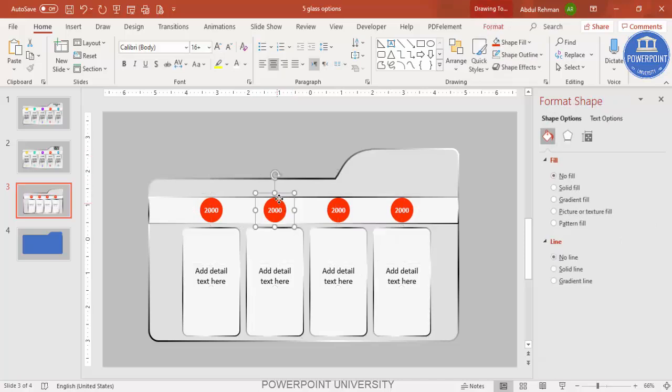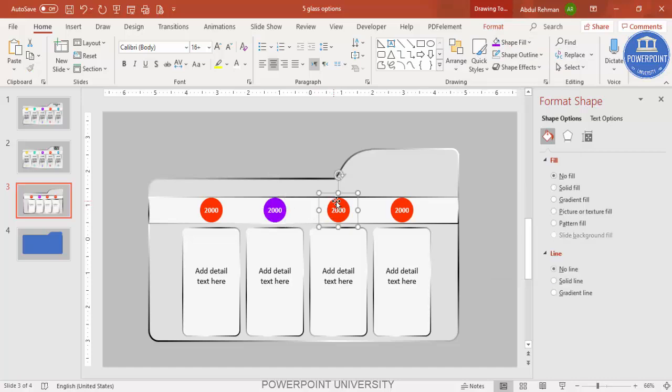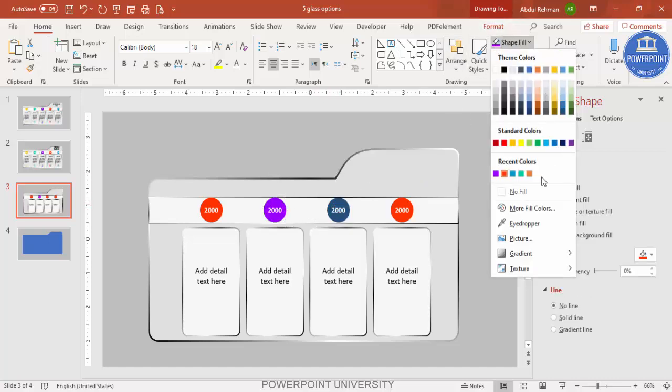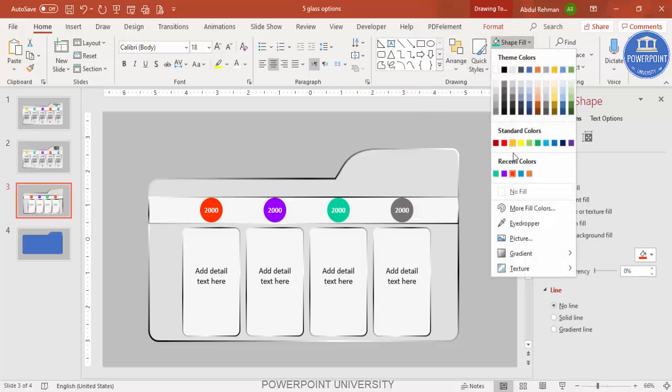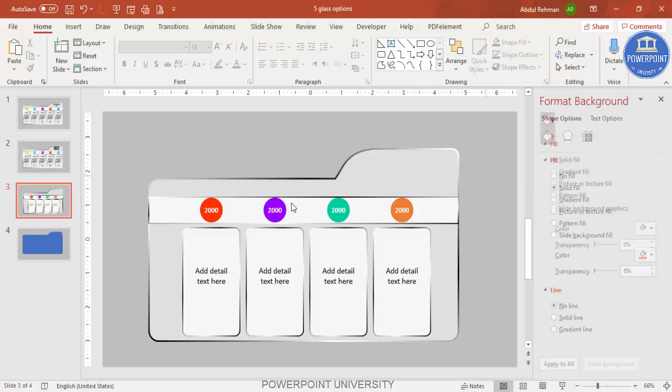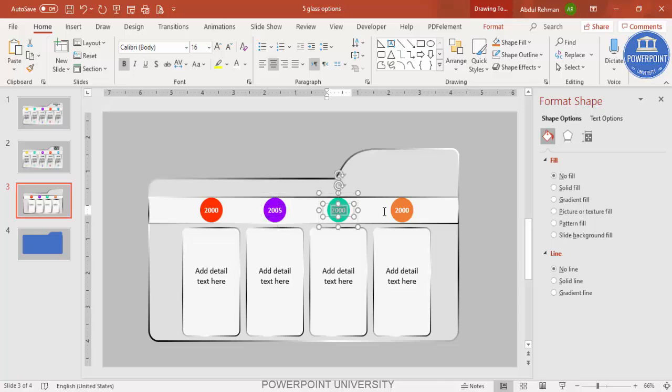Then it's easy for me. I can just go and select and give a different color of my choice here. You can see here I'm just giving any color of my choice, and then just change the years maybe, 2005, this is 2015, and this is 2020.